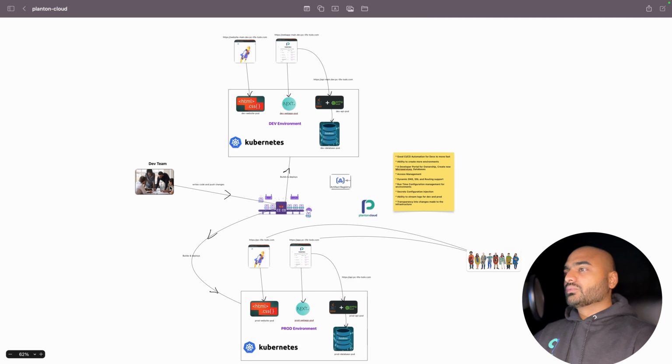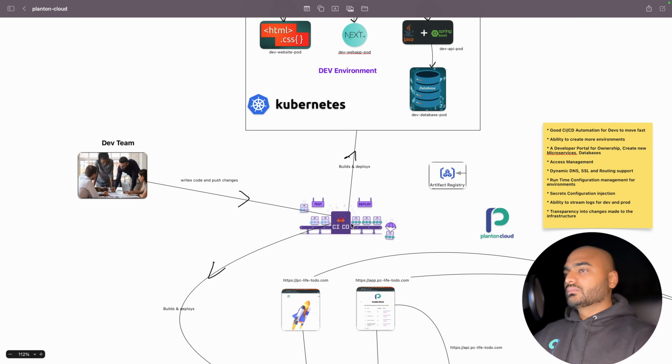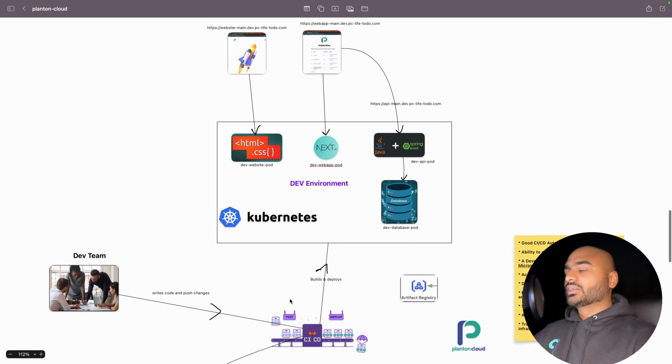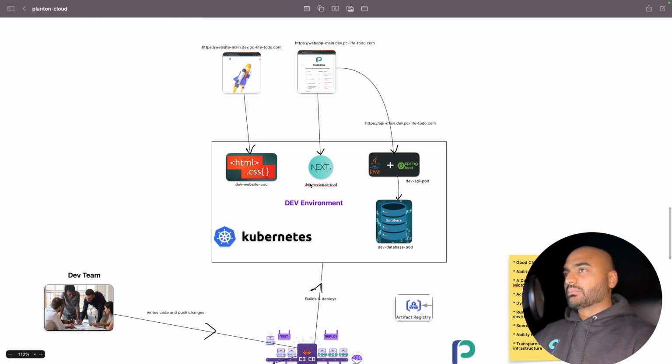Right now, we are looking at a common engagement between a dev team and a DevOps team. So the dev team will write the code and push the code to GitHub or GitLab. GitLab then builds and deploys the code written by developers into the dev environment. And this dev environment is purely used by the development team to test their changes and iterate before releasing the product